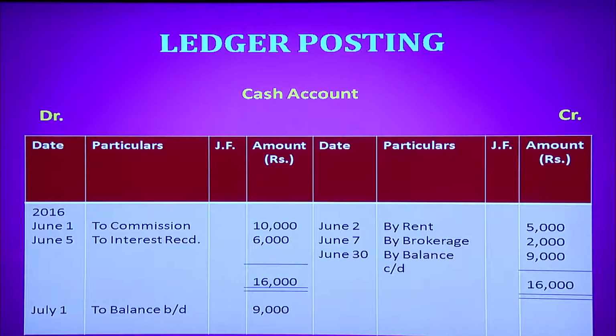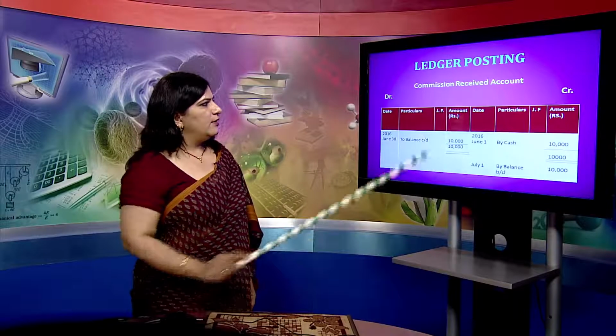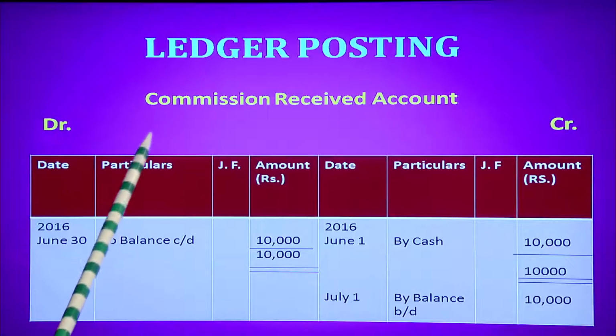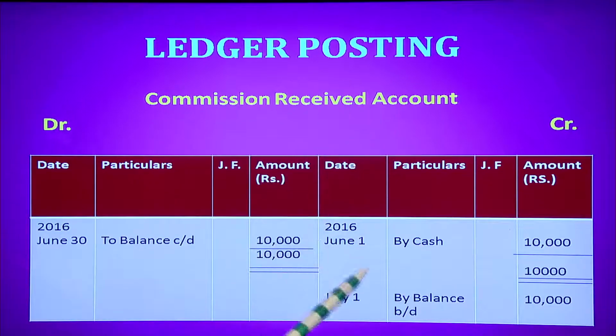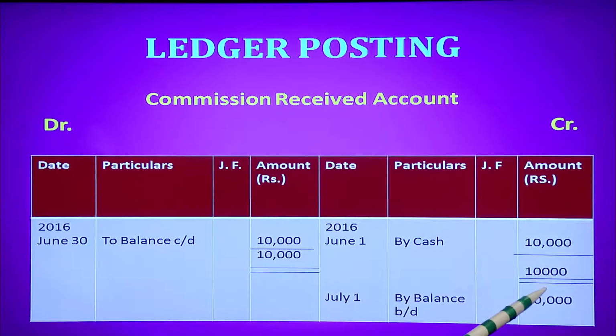So, our second step for the preparation of trial balance was ledger posting. So, once the ledger posting is complete, then we move on to balancing the account. So, we have to balance all these 5 accounts, and then we will transfer these balances to the trial balance. Now, coming again to the first account, the first was commission received account, and we had written in the credit column 10,000 rupees. Whichever side is greater, we write 10,000, like in this case 10,000 is greater on the credit side.